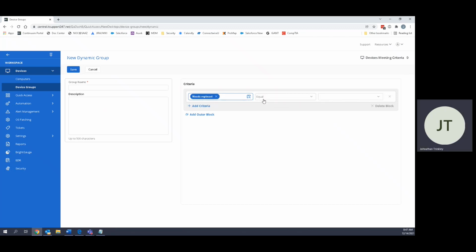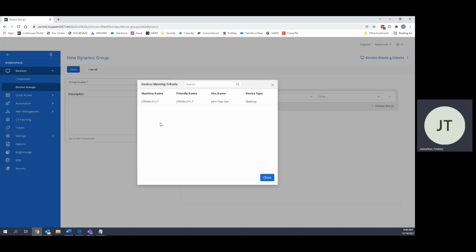Inside of here, needs replaced equals true or false, yes or no. So top right, you will see devices meeting criteria is 0. If I click true, you will see that will then refresh and show me that machine that we had flagged as needing